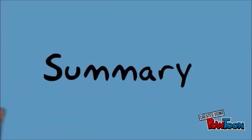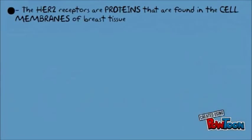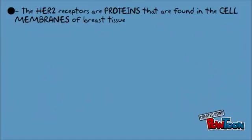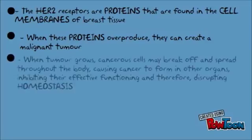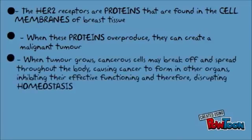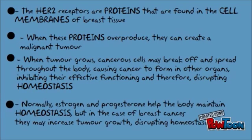In summary, the HER2 receptors are proteins that are found in the cell membranes of breast tissue. When these proteins overproduce, they can create a malignant tumor. When the tumor grows, cancerous cells may break off and spread throughout the body, causing cancer to form in other organs, inhibiting their effective functioning and therefore disrupting homeostasis. Normally, estrogen and progesterone help the body maintain homeostasis, but in the case of breast cancer, they may increase tumor growth, disrupting